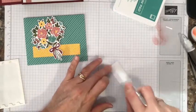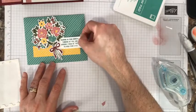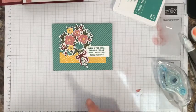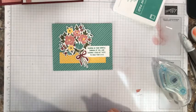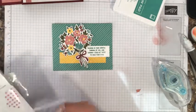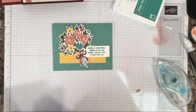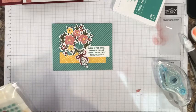If you get glue dots in your kit, you definitely can use those for pieces like this. So it's really an alternate card because I did things a little bit differently. And I'd like to add some gems to this. So let's see if we have something that would look good with this. Definitely the in color gems would look really nice. I don't know if I want to add some bling or if I want to keep it